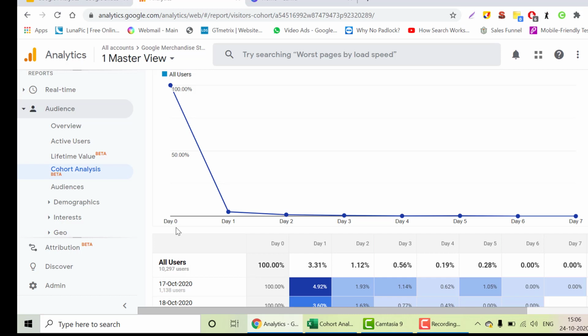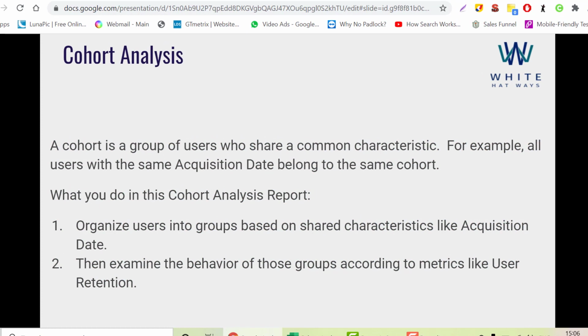So let us move on to the slide first of all, and then we'll come back over here into this particular analysis, and then we'll read off this particular chart. So I'll just move to the slide. This slide explains cohort analysis in a very detailed manner. As it says, a cohort is a group of users who share a common characteristic. So as I told you, a cohort is a group of users who are sharing a particular trait. One trait is matching and is common amongst all those users who are forming one particular cohort.